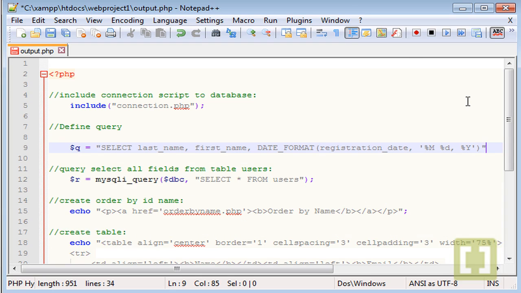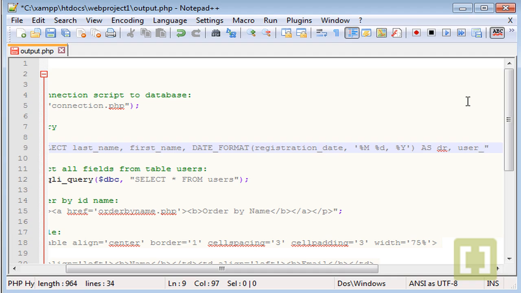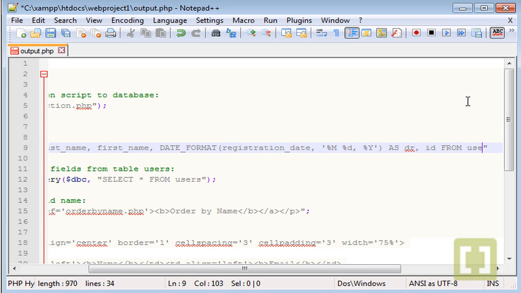Now close this. Now we type as dr comma, and after the comma, user ID, the field ID from users,